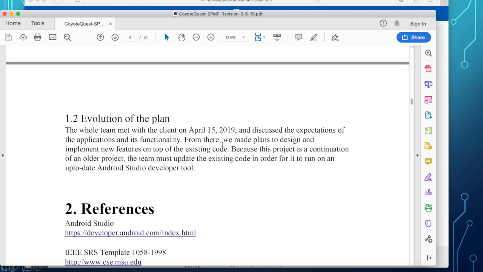The team met with the client on this date, discuss expectations, and if there is existing code, and so the plan is based on what are the features or functions that will be added or improved, or what are the things that the client wants for this iteration.